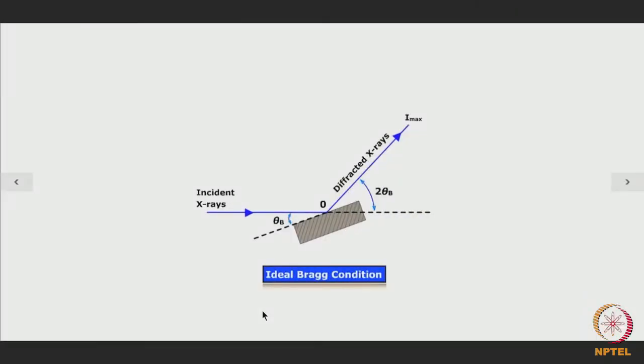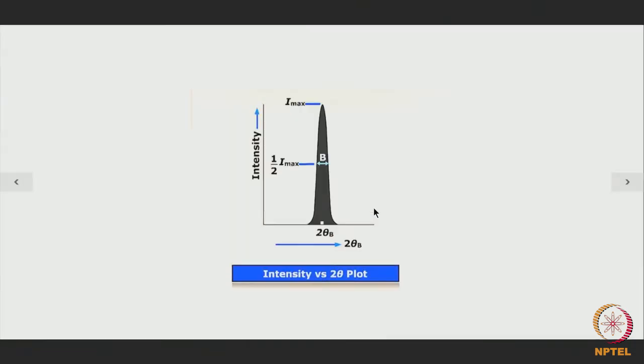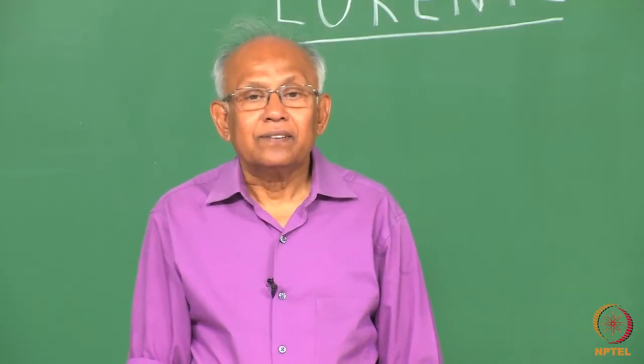Now, under ideal Bragg condition, when the X-rays are incident at the correct Bragg angle with respect to atomic planes within a sample, we expect to get a diffracted beam of X-rays making an angle 2 theta b with respect to the incident X radiation. However, what we find in practice is that if we plot intensity versus 2 theta b, at the correct Bragg position we get not only a high enough intensity, but there is some intensity available even for angles other than the Bragg angle on both sides. So, this indicates that there is some diffracted intensity